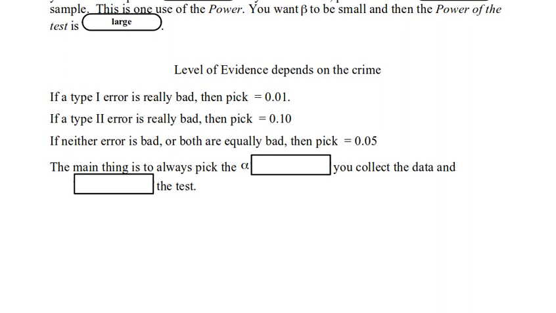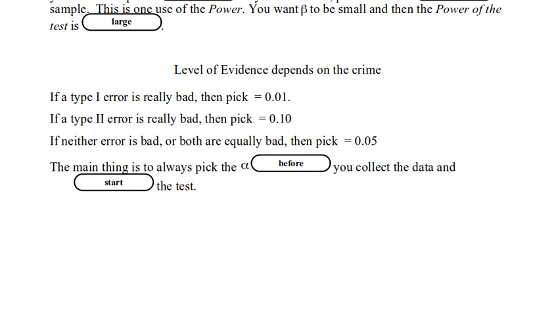So if a type 1 error is really bad, then you pick alpha of 1%. Whereas if a type 2 error is really bad, then you pick an alpha level of 10%. And if they're equally bad or neither is bad, then you go down the middle and choose 5%. The main thing is always to pick alpha before you collect the data and start the test. In other words, you don't know where z is going to end up being. You don't know what that probability of being at least as extreme as your sample is going to be